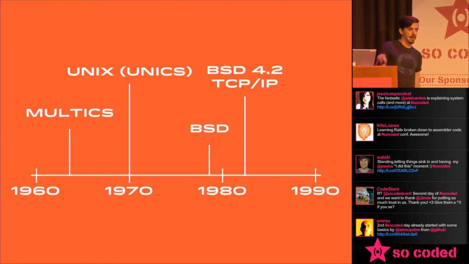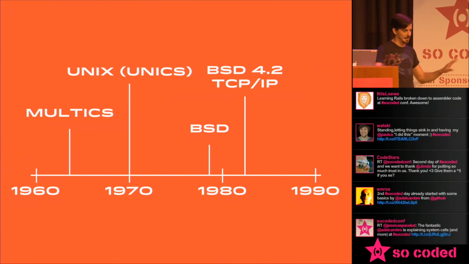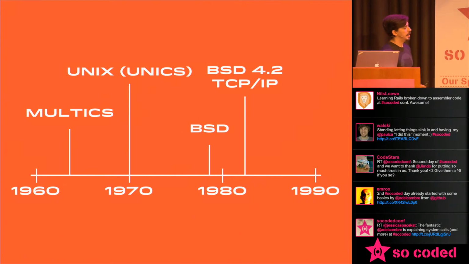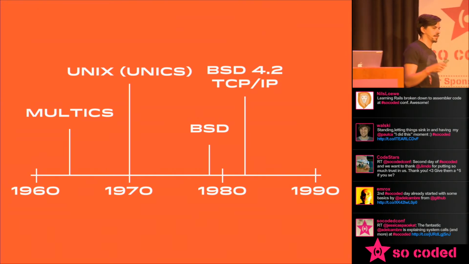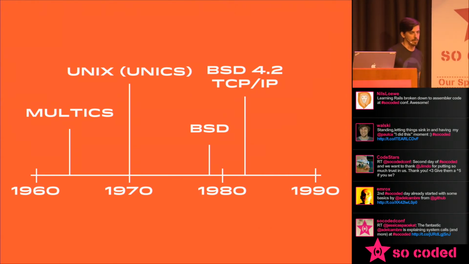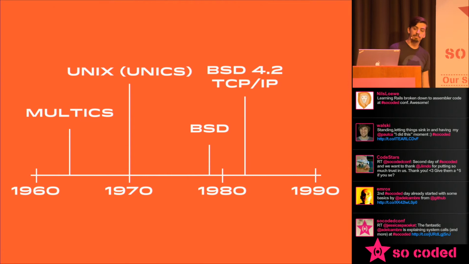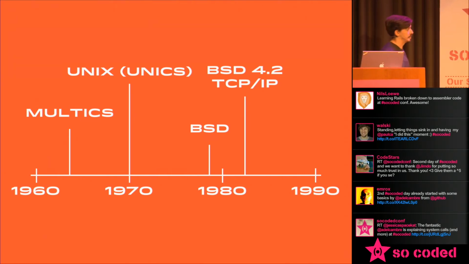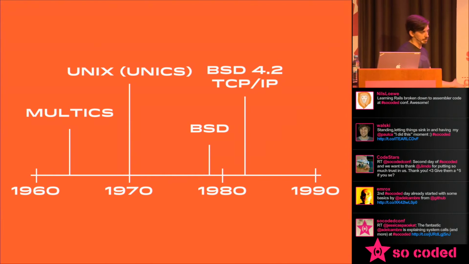So at this time, AT&T Bell Labs was part of the antitrust settlement when they got rid of all the Bell Labs things and split into the baby bells and things like that. And one of the things that they couldn't do as part of the antitrust settlement was license the operating system without giving away the source code. They were prohibited from basically keeping the source code to themselves. So they had to license it to other institutions, other universities, and things like that, including a bunch of research universities.